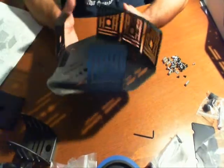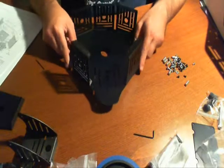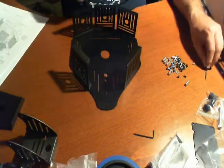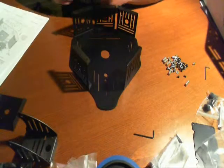So we've screwed in all the sensor mounts, and as you can see, pretty straightforward. Didn't take us that long. So let's keep going here. Now we have 2 more to screw in, and those are the motor mounts. Now, according to the picture,